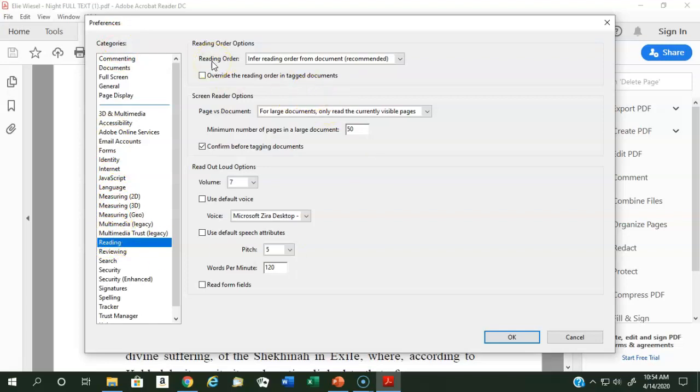And I probably wouldn't change the reading order because they have some recommendations, but you can try things out. You might have something with tag documents, screen reader options. You only want to read the currently visible pages, or read the entire document. So you have some default things here. And then minimum number of pages in a large document and confirm before tagging. But these are things that I haven't played with at all,